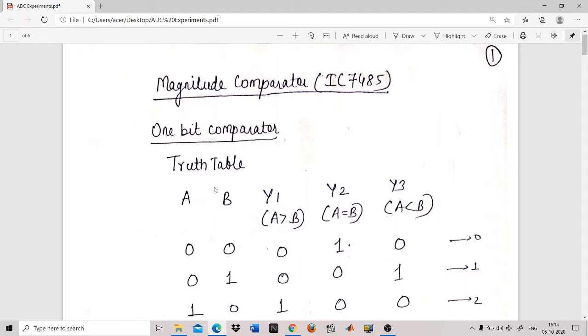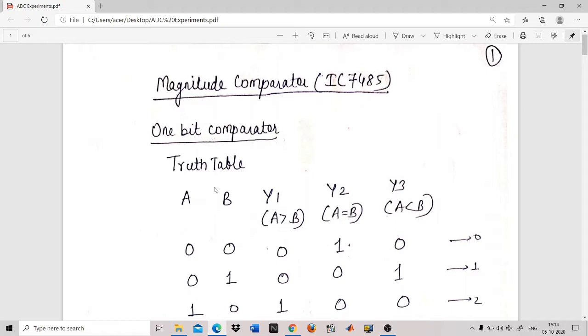Now, comparator means what? It means you have to compare two things. When two things come to your mind, it means there should be a comparison between two operands. So how are you going to do the comparison? Either the first operand is higher, or the second operand is higher, or both the operands are equal. So there will be three conditions after the comparison has been made.